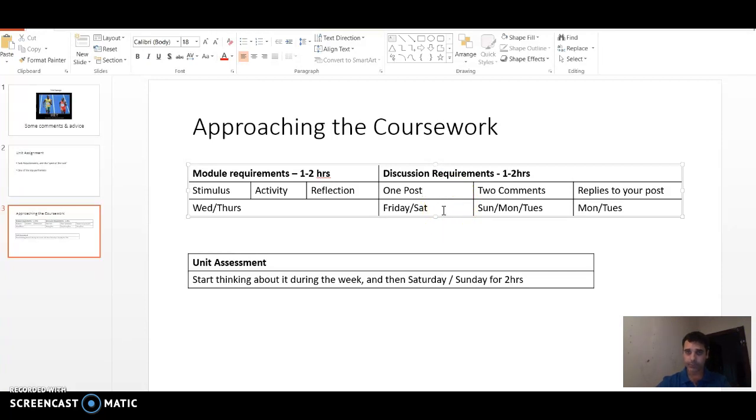You've got to put something together that's thoughtful and based on the module, the work that you've done inside the module. And then you want to have a look at what other people's posts are and make 2 comments. And, please, isn't it a bit tiresome always reading "I agree with you, I agree with you, I agree with you"? Aren't you guys getting sick of that? Because I'm getting sick of it. You don't need to do that. Just jump straight in with your comment, okay?